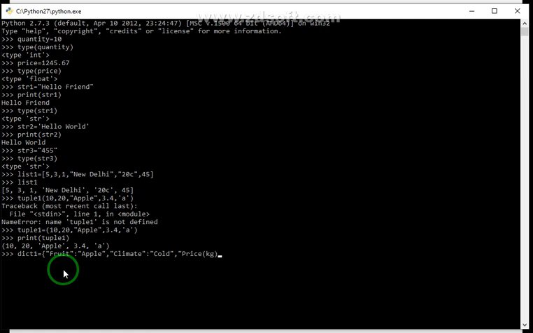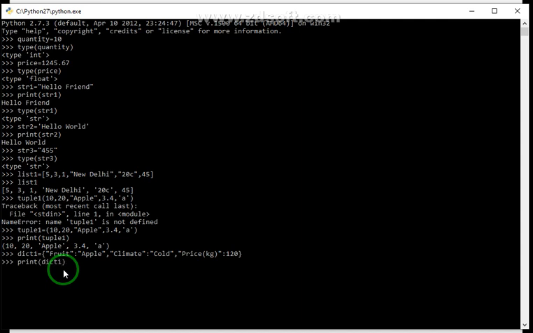Price like per kg we say, and then the price of the item is, let's say, rupees 120. Clear? So numeric value need not to be enclosed in quotes, it should be without quotes, and then close the curly brackets. Clear? And I apply here print